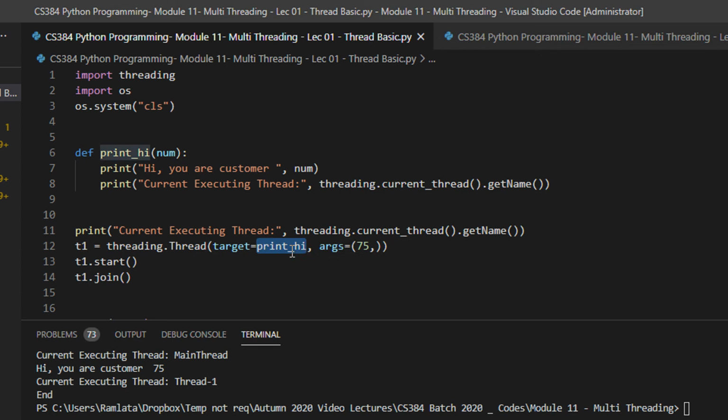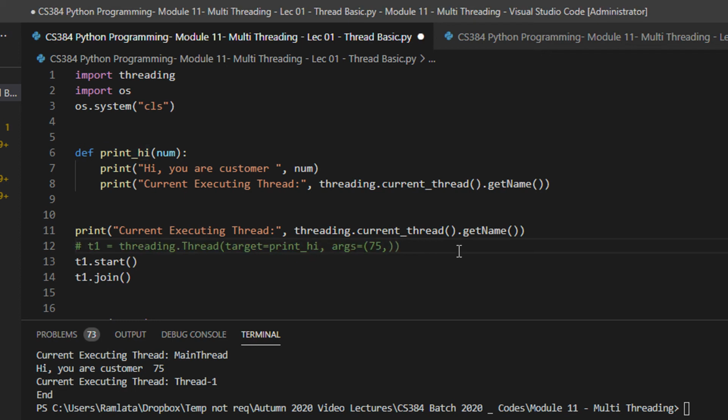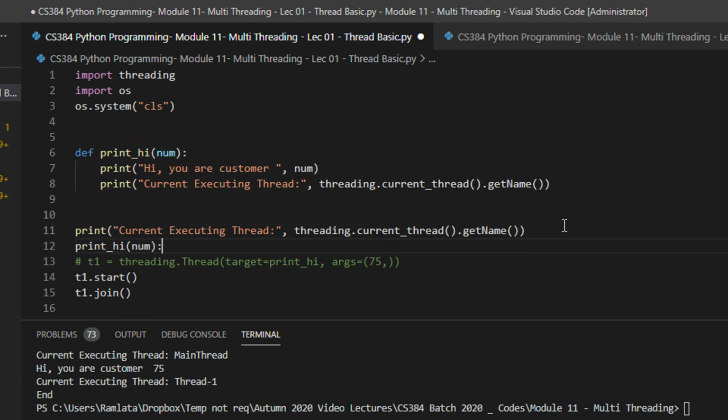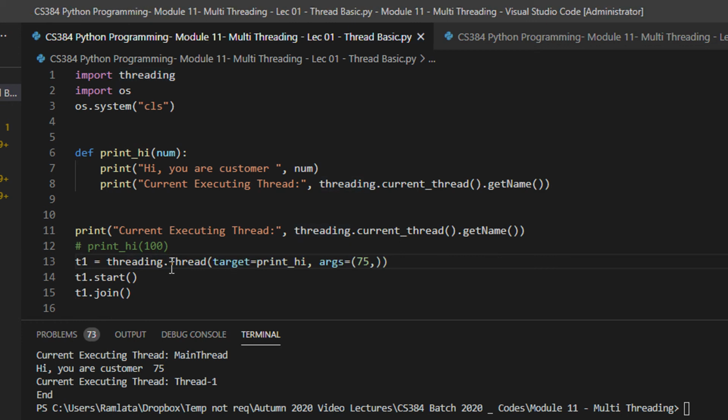See, the print hi function, if it had not been a thread, I would have just called it like this, right? I would have just called it like this, writing the name of the function and, let's say, passing the argument, let's say 100. But since now I want to execute it as a thread, I am invoking the threading